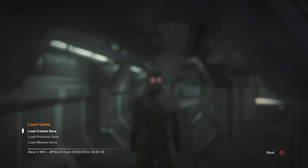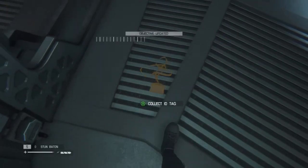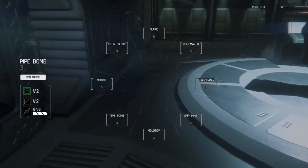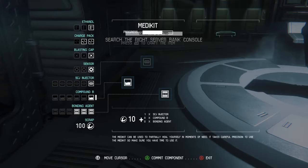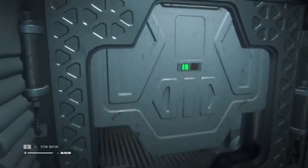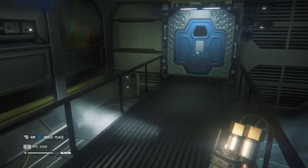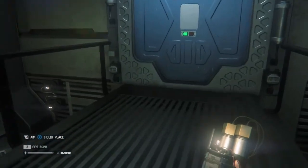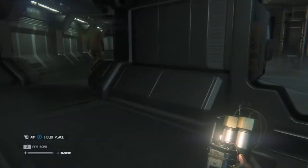Alright, so I think this section... There are two sections in the game that I really, really don't like. And this is one of them. So, pipe bomb... Alright. We're gonna try... I'm gonna try to be stealthy. I was trying to be stealthy not the last time, but the time before and still got caught, so...